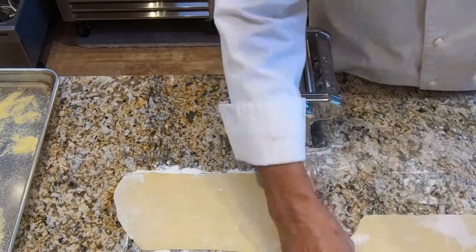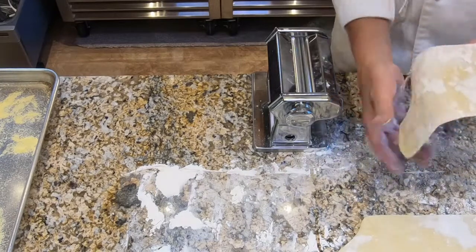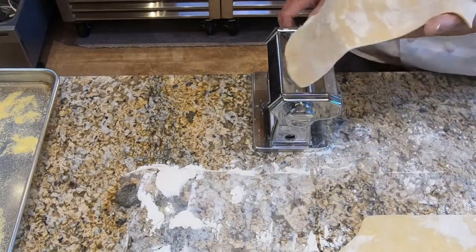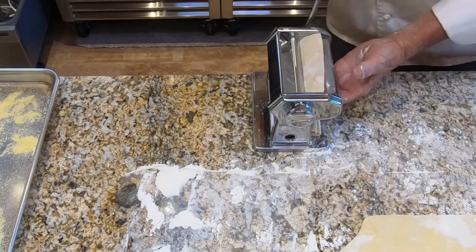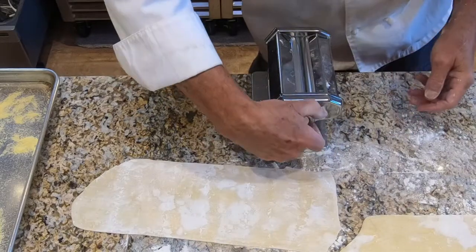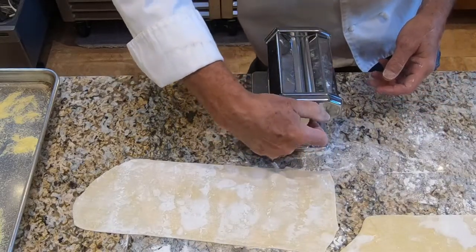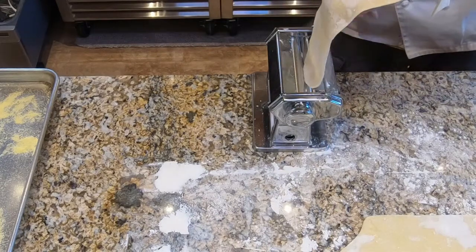We want to keep it dusted with flour on the counter here. If you start to get to the point where you don't have any flour on the counter, put some more flour on the counter. Okay, that's number 4. Now we're going to change it to setting number 5. Now, after setting number 5,